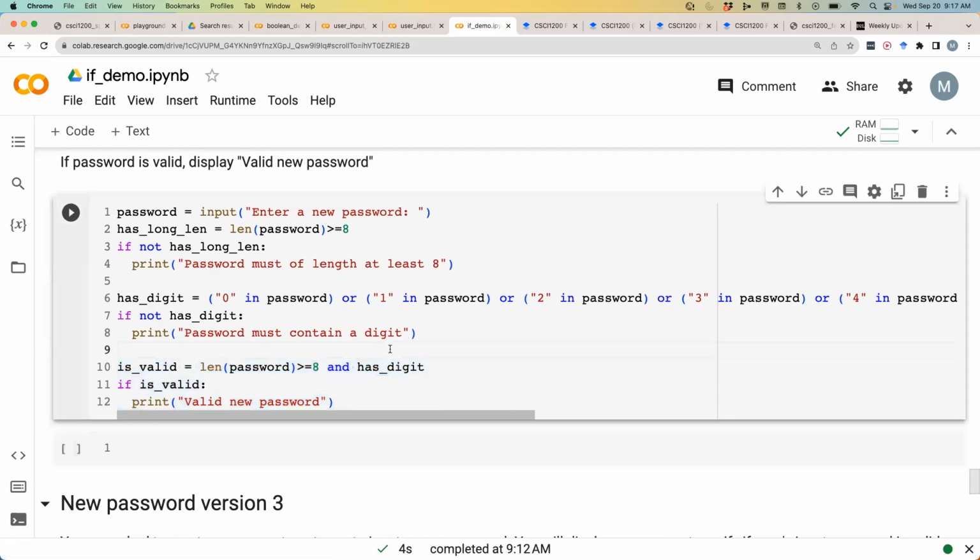So what is being tested multiple times? When this statement runs, it's going to test whether it has long length or not. All right, and then you test it again here. So you run it, you test it once, and then you're going to test it again here. The same thing with has digit. You already test it once here in line 7, and you're going to do it again in line 10. So again, you are doing a lot of redundant